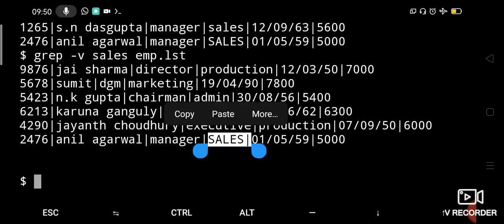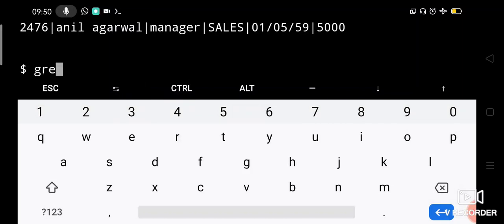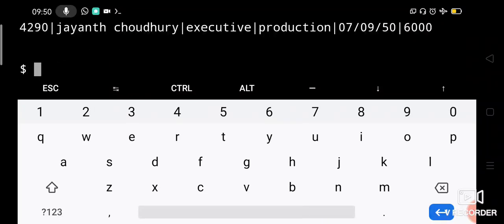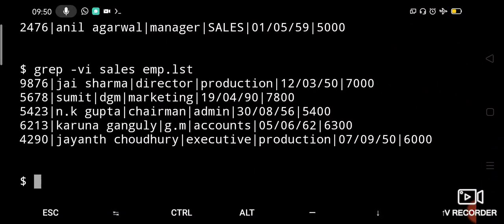We are not ignoring the case. You can ignore the case also. Let us say grep -v with -i sales from emp.list. Now you can check that capital Sales is also not displayed. Okay, that is how you can delete.